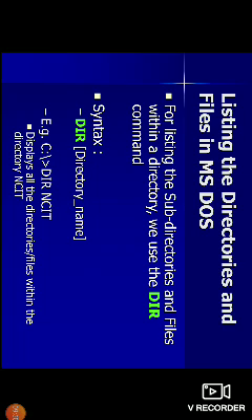Here dir is a command which shows the subdirectories and files in the directory, and NCIT is a directory name. Whenever the command prompt executes the statement, it displays all the directories and files within the directory NCIT.